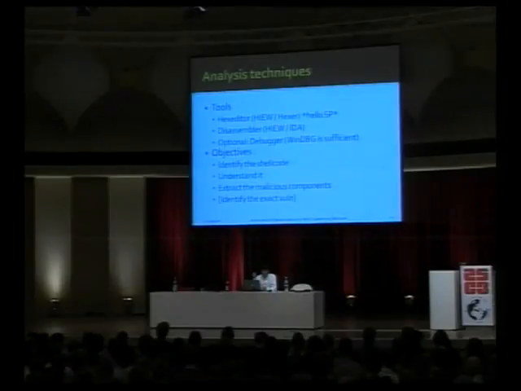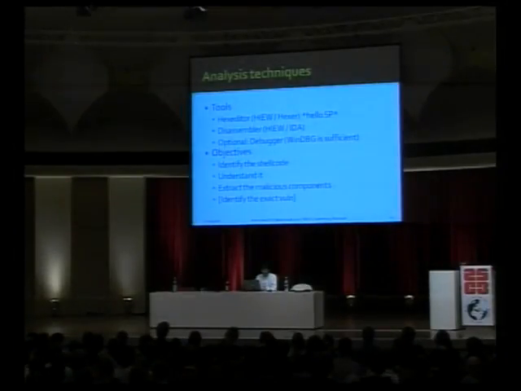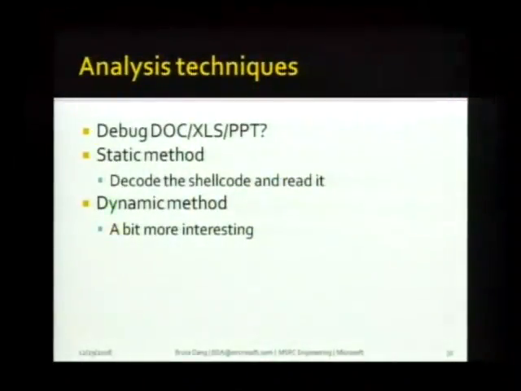For an AV company, you also want to determine what the vulnerability is. That's optional, but most people don't need to do that. So there are two ways you can do it. You can do static analysis. Basically, you go into a hex editor and figure out where the shellcode is, and